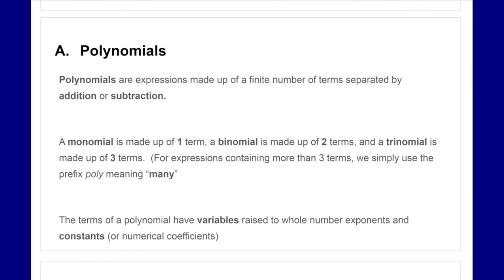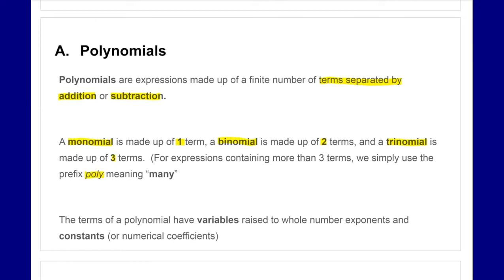Polynomials are expressions that are made up of a finite or basically fixed number of terms separated by addition or subtraction. Terms separated by addition or subtraction, that's a key thing to what a polynomial is. Now there are different classifications of a polynomial depending on how many terms there are. Monomial is one term, binomial is two terms, trinomial is three terms, and for anything above three, you use poly or polynomial